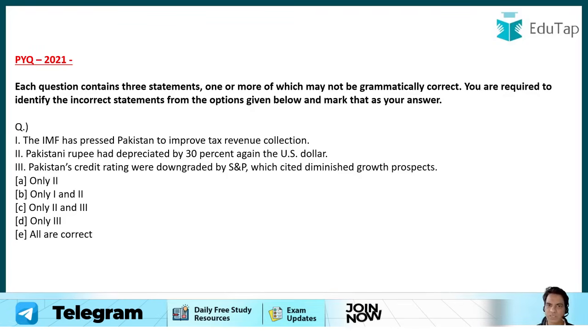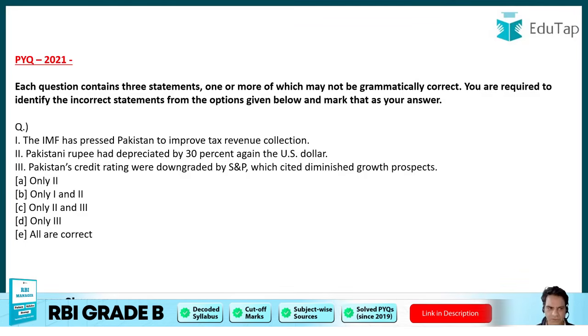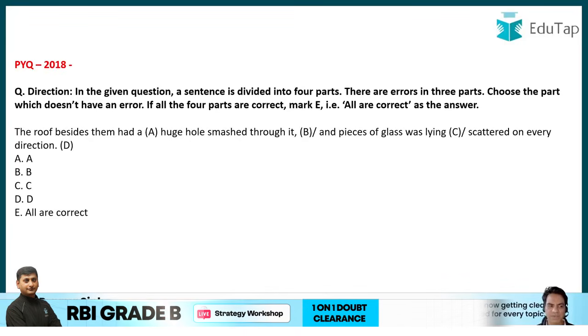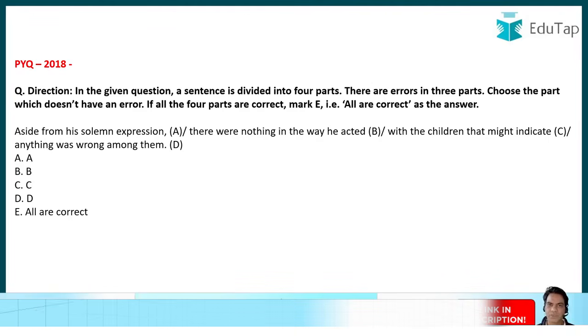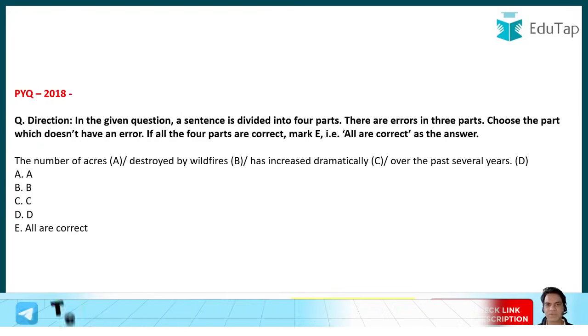Now this is the third question, from the year 2021. There were 3 sentences and we had to find which of the statements was incorrect. So there might be other questions here, but there is subject verb agreement here. Now this is another question from 2018. Now you can pause the video here again and look at the sentence. Now this is another question from 2018. You can again pause the video, look at the question and answer in the comment section. And this is another question from 2018.